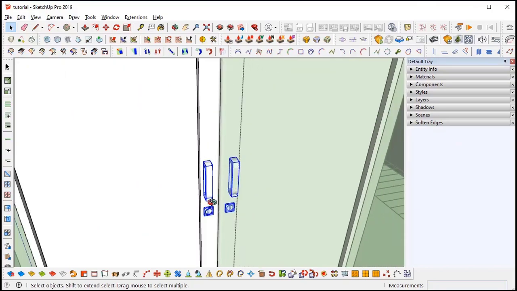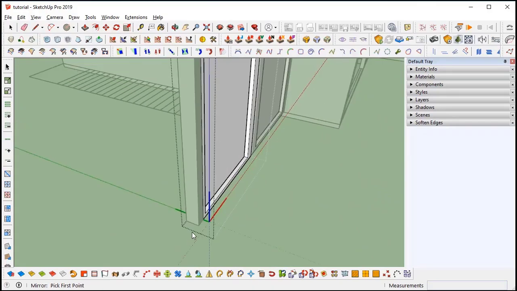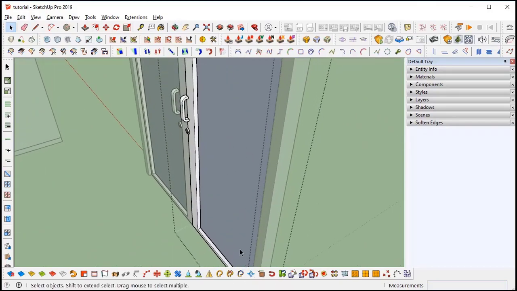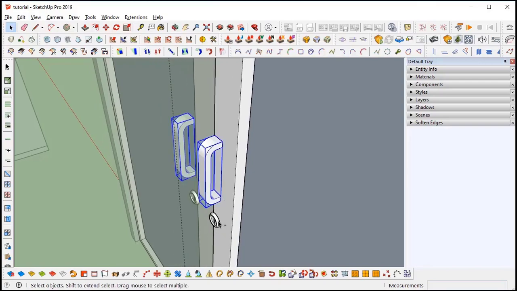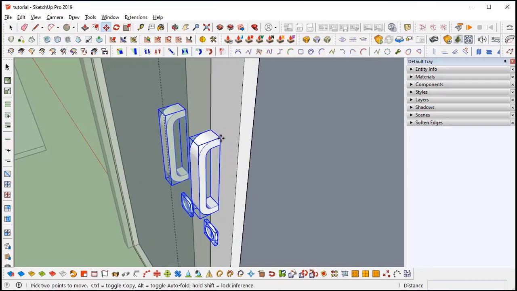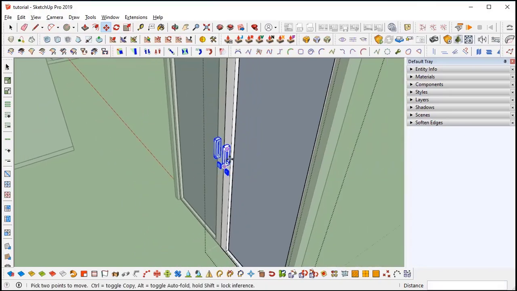See here, and I will use the mirror command here. See, keyholes and handles are in opposite directions also, that's why. Select these two components and move using M and lock it to the Y-axis with the left arrow key.